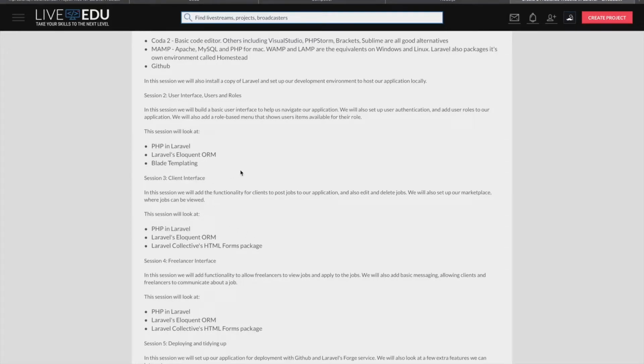In this session, we'll start getting into PHP in Laravel and how it's used. We'll also be looking at Laravel's Eloquent object relational mapping, which is essentially where we're going to start looking at our databasing and how we're storing our data. And we'll also look at Blade templating, which is what we're going to use to build out our user interface